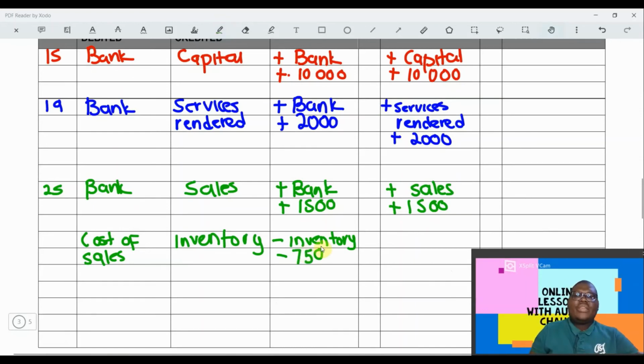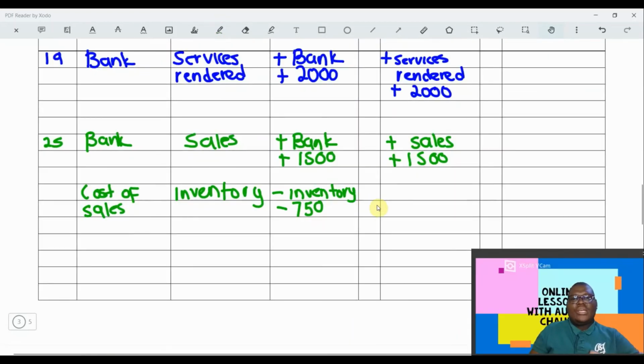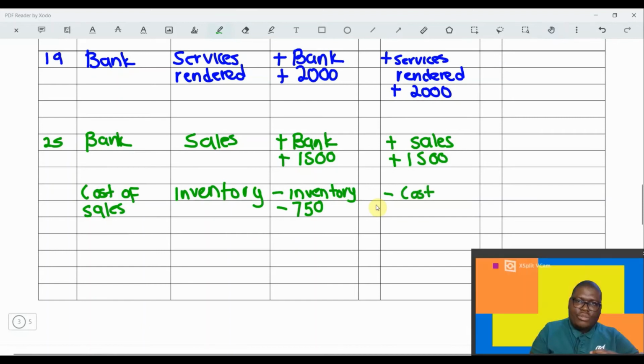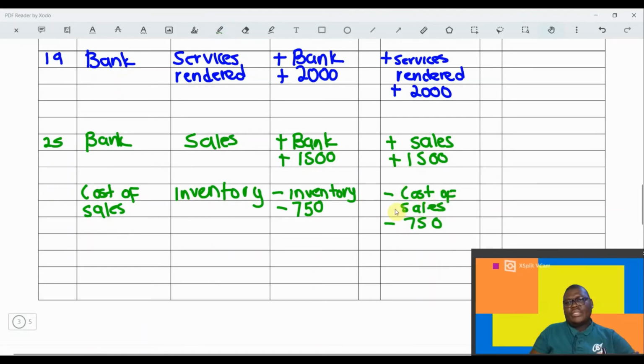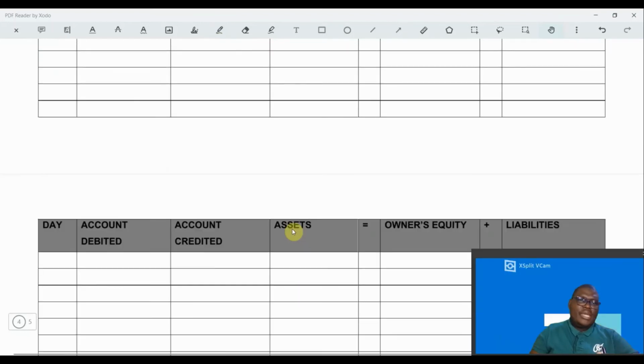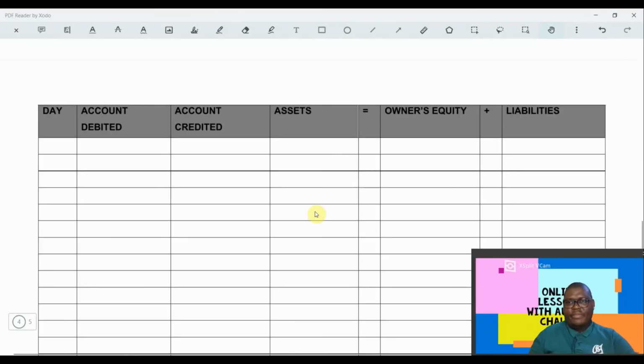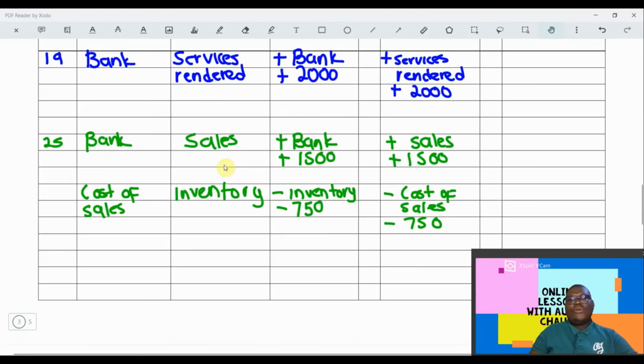Okay, and now we need to show the effects also on the accounting equation. So in this case, the account that reduces our owner's equity is minus cost of sales. Let me just write here. Remember, there's this one element, and then this is going to be minus 750. Okay, I don't have enough space, so that's why I wrote this underneath. And obviously here the spaces are tight, so I can't just put everything adjacent. Okay, so we've already shown